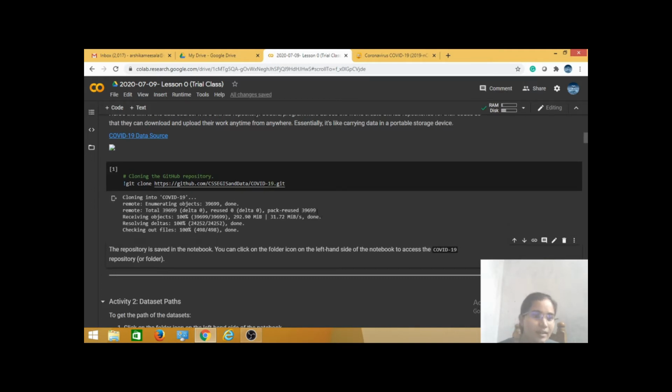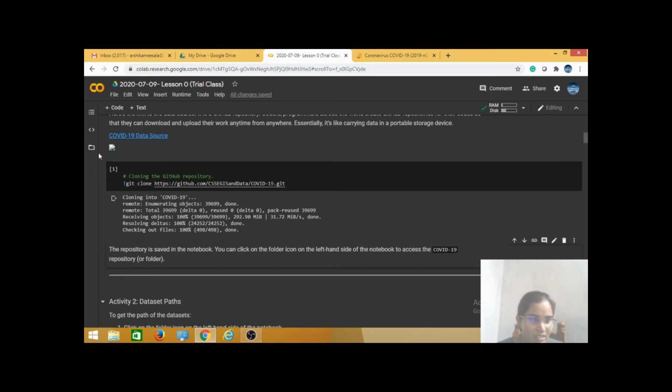If you see here, the cloning of COVID-19 data is completed. The next activity we have is to set paths. Whatever data set we download, we need to set the paths for that particular data. For that, you just go to your left hand side.